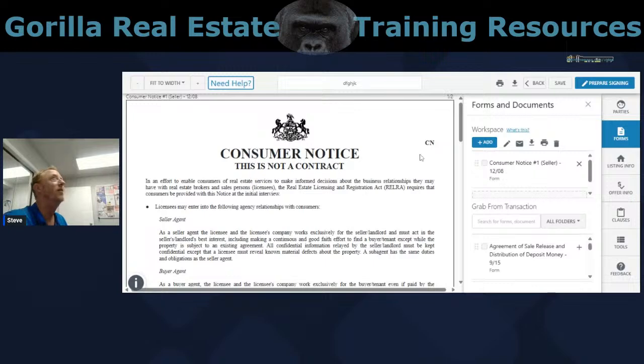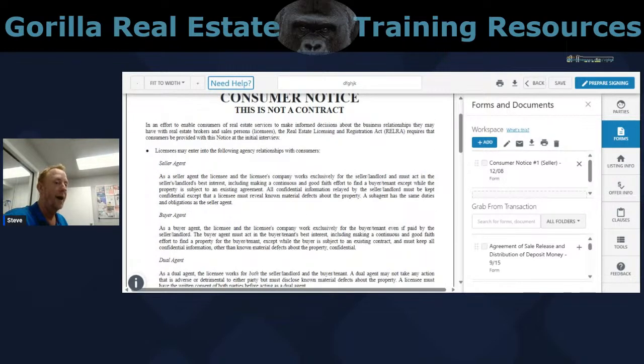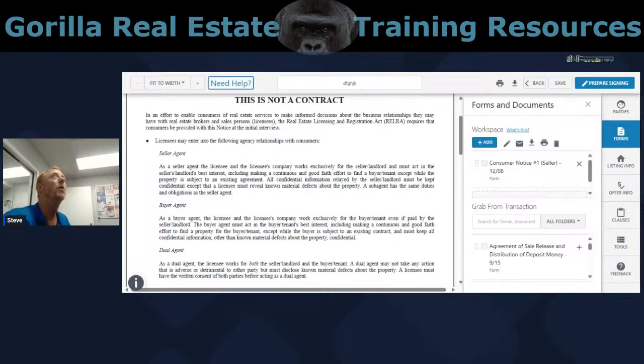Now, the state does have one that's not PAR logoed, but I actually used to edit this for wholesale, and I added a wholesale blurb on top of it, and the attorney said, oh, no. He's like, you can also have a consumer notice that you're a wholesaler, right, but you can't separate the two. You can't change this. Okay, this is the one, and what I tell everyone is it really describes,